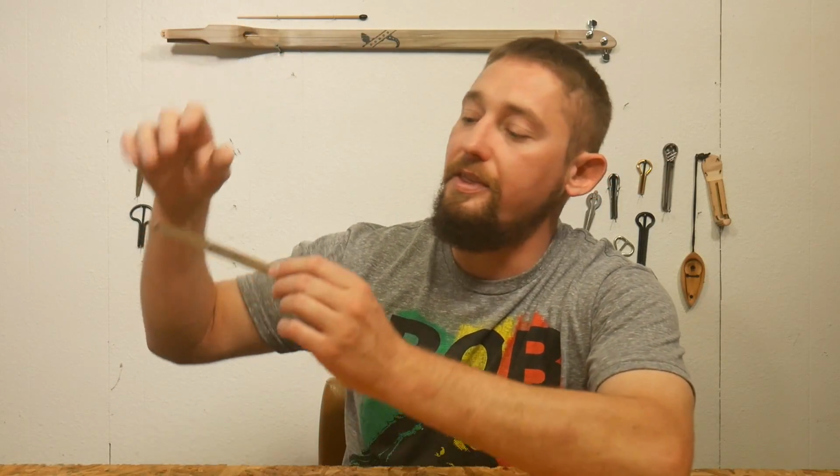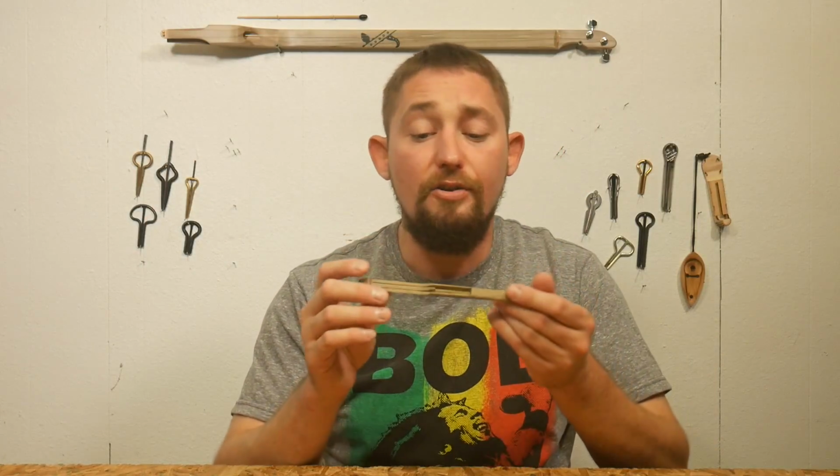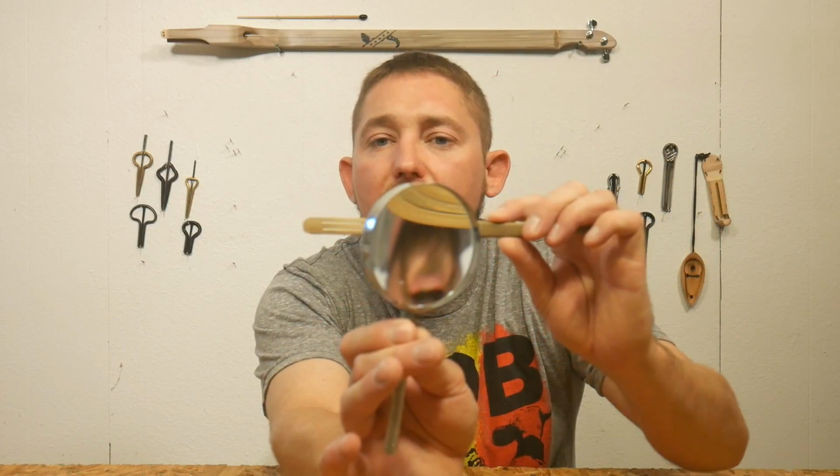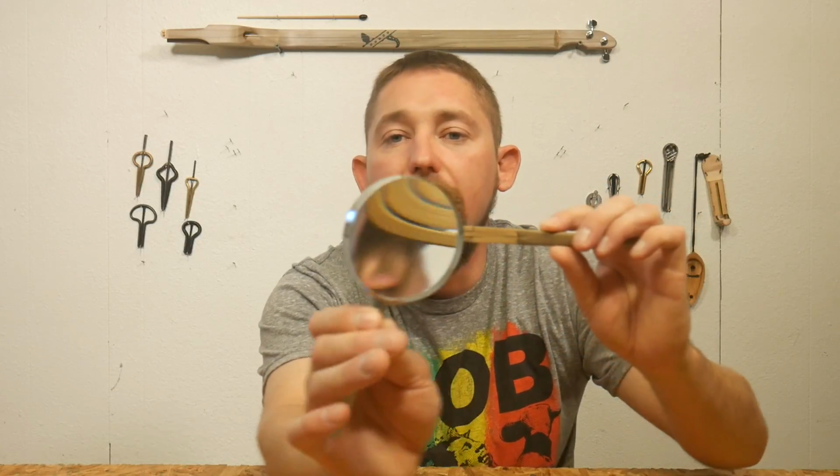Actually, let's establish a range. We'll start at the top with the Hone Tongue, work our way down, see what type of a range we have with these. These are made out of bamboo, and they took a knife or a saw or something and cut out an area for the reed. Let's start at the top. Let's work our way down. Compared to the Corinding,